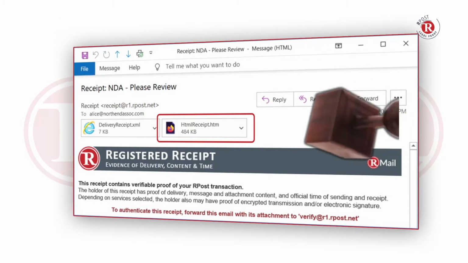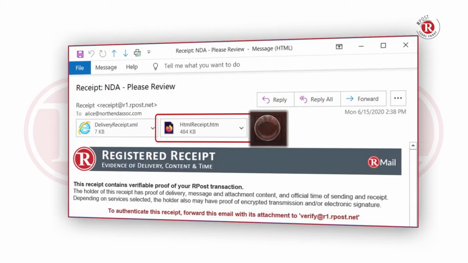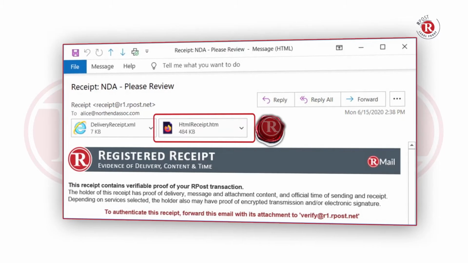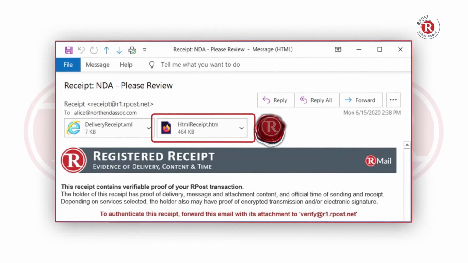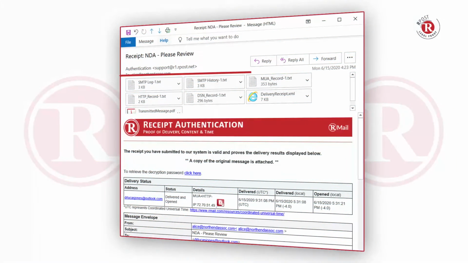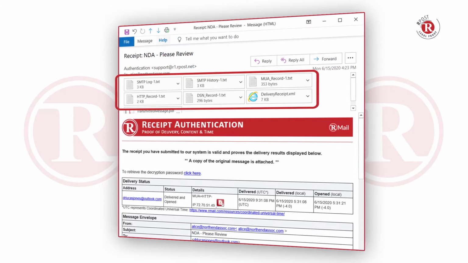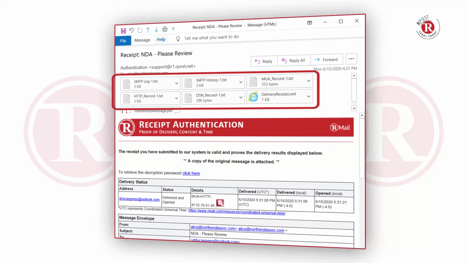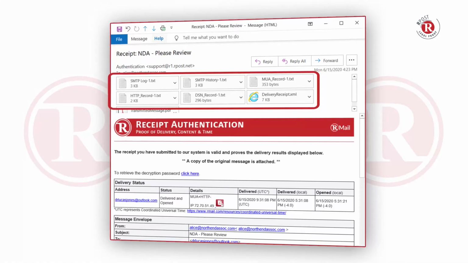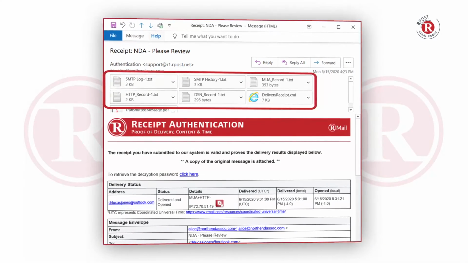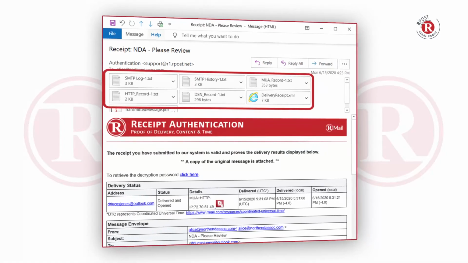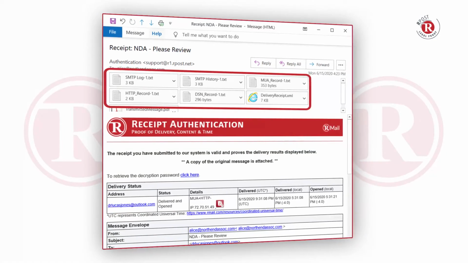Cryptographically sealed inside this attachment is the data required to prove the receipt's authenticity and proof of delivery, content, and time. Once the receipt is submitted to RPost, the RPost system processes the receipt and sends back to the submitter a receipt authentication, which looks very similar to the registered receipt email, but it does break down the email into